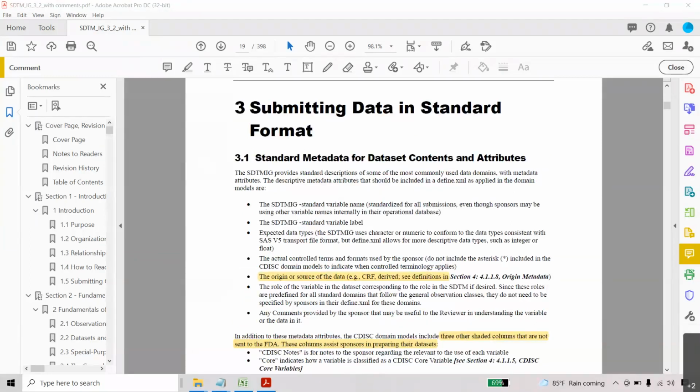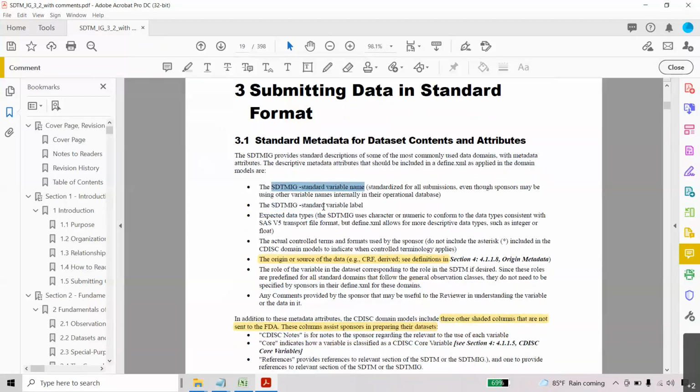Next, what we have here is how the to-be-submitted data should be presented. If you see here, the to-be-submitted data should have standard variable names. There should not be any compromise on the data variables, and the standard variable labels also should not be changed.